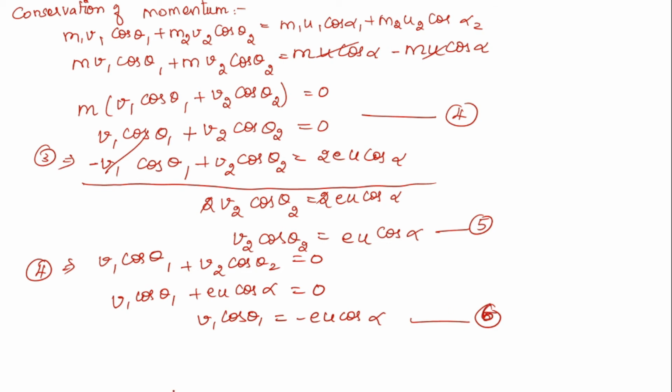We derived these two equations and we already know what v1 sin theta 1 and v2 sin theta 2 are. So now we are going to divide these equations to derive tan theta 1 and tan theta 2. So your first equation with the sixth equation, your first equation having v1 sin theta 1, so the numerator will be v1 sin theta 1, and we know that it is u sin alpha.